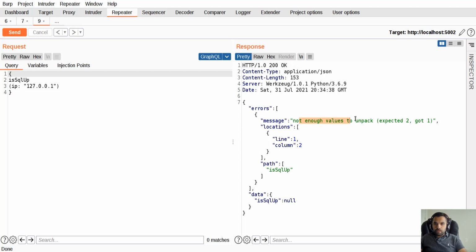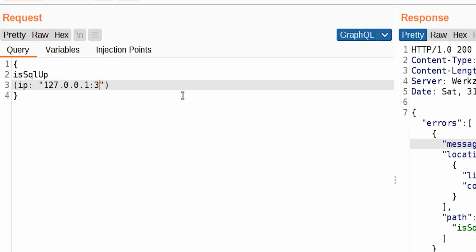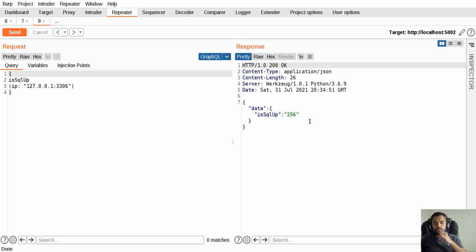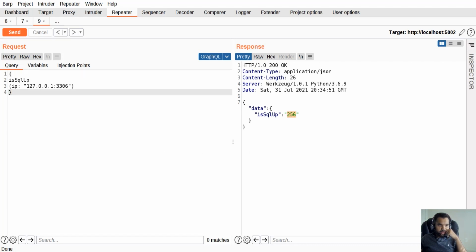Okay, it says not enough values to unpack. Expected 2 but got 1. Okay, so maybe it requires 2 different values. So maybe I'll say 3306. That's the port number. Okay, now we got the response, but we don't know what is 256. So let's try to do command injection here. So what I'm gonna do is